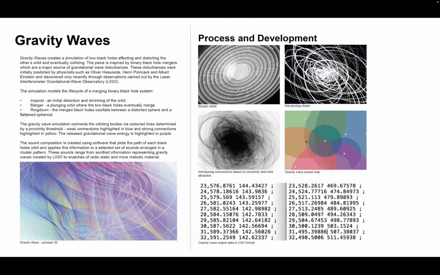So this spans a few of those classifications. It has some quantitative actual data from the initial LIGO experiment, and then it has some more narrative components. So we're creating a simulation of what would happen if two of these objects collided and cataloging all that movement data and then turning that into sound. And the LIGO